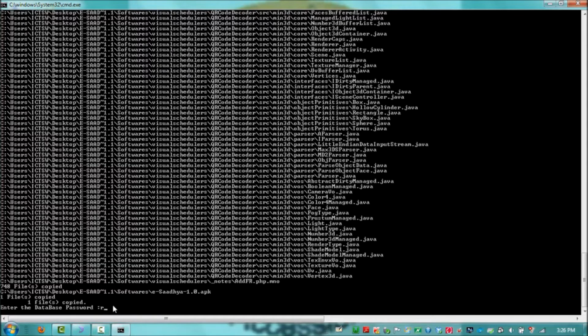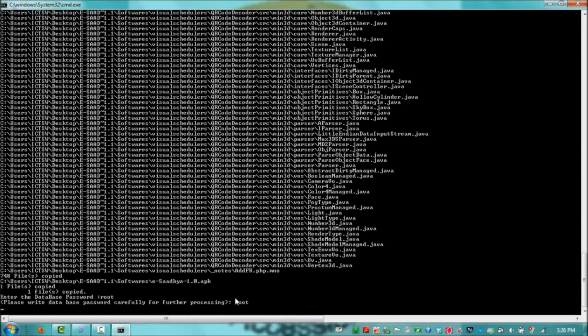The databases are getting created. Enter the database password as root, R-O-O-T.